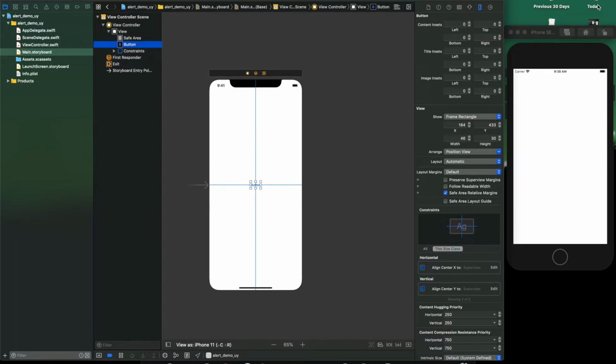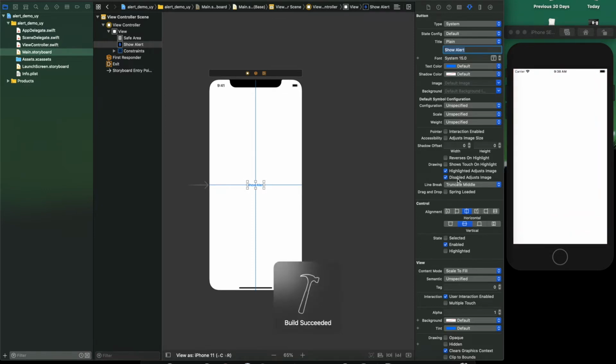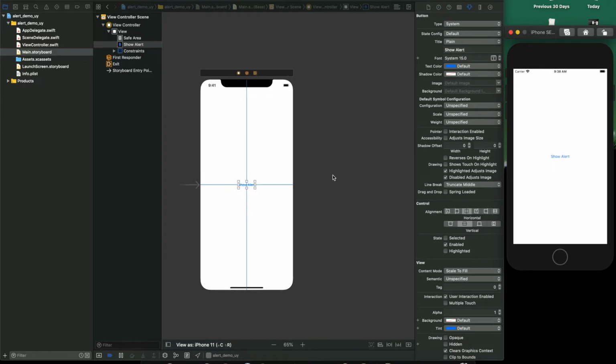Now let's give some nice name to this button, and that can be show alert, a simple one. Now let's run it and check whether it's coming or not. Yeah, it's coming.